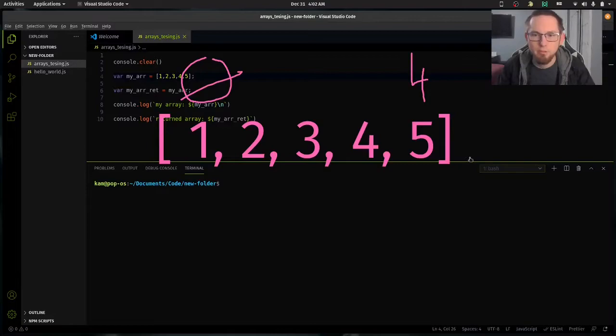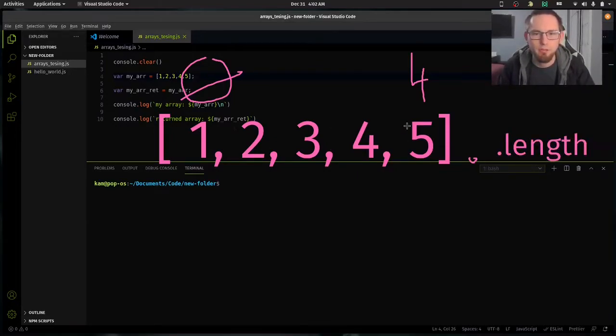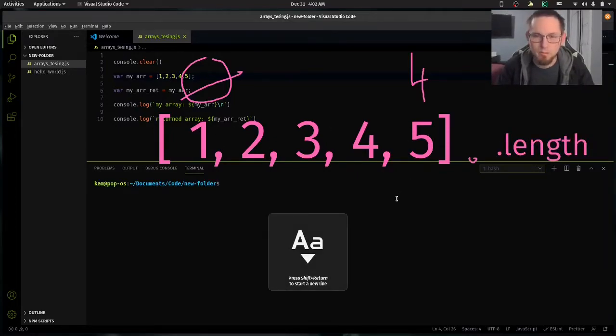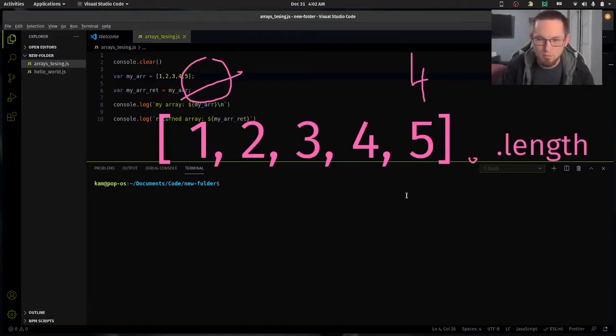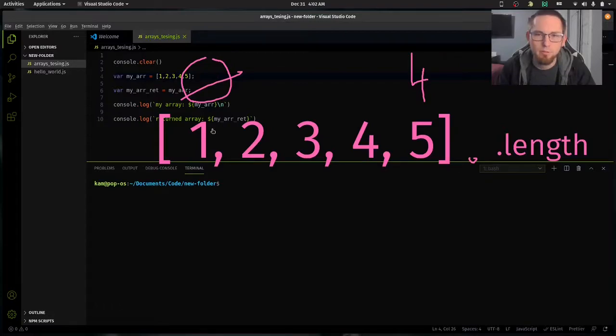The length of this, the dot length of this is going to be 5 because there's 5 elements. However, it's always going to be an index 0, but a length of 5. Just keep that in mind as we're going through this, because if you have a multiple matrix array,